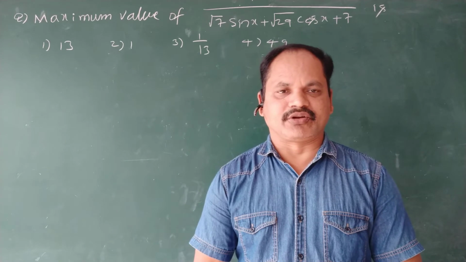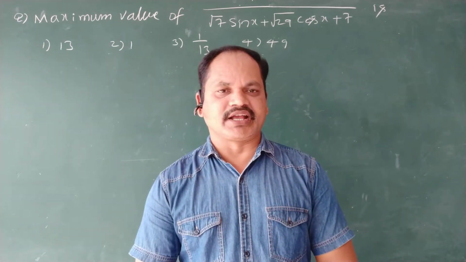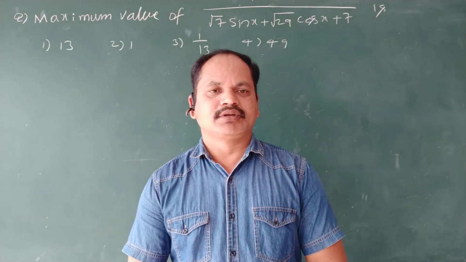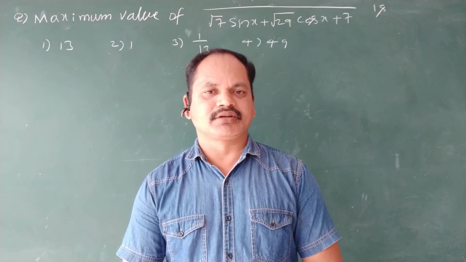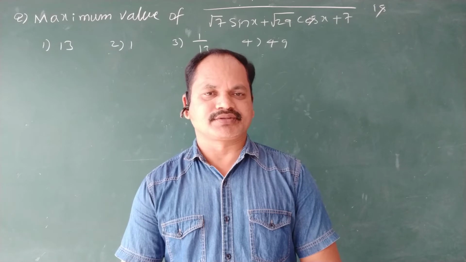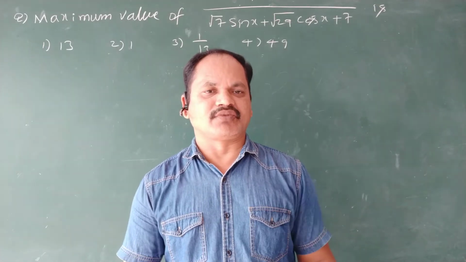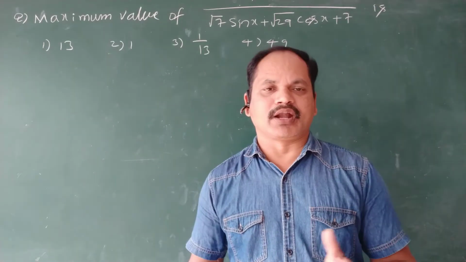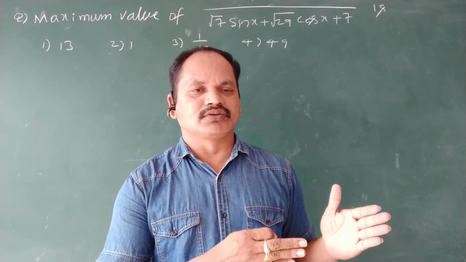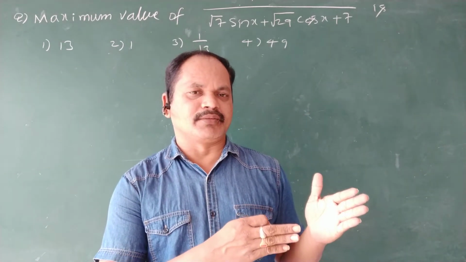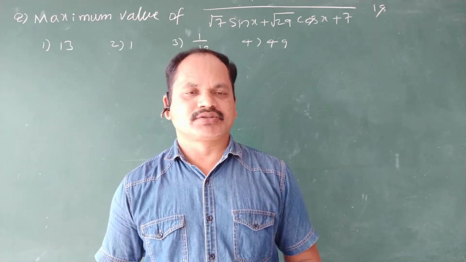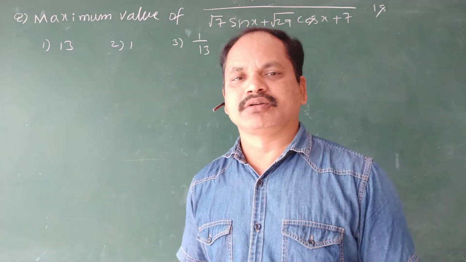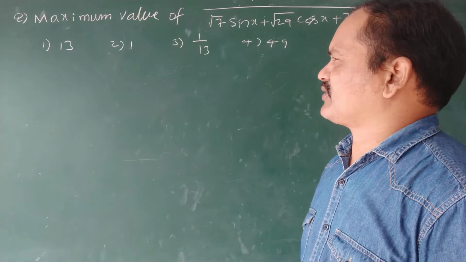The chapter is trigonometry. The topic is periodicity, extreme values, and graphs. The periodicity concept and the questions on that concept are already completed. Now extreme values and graphs. Extreme values means minimum value and maximum value. The closed interval from minimum value to maximum value is called the range of the function. So now the questions depend upon the range or extreme values.